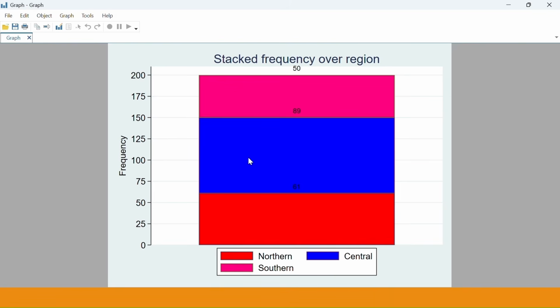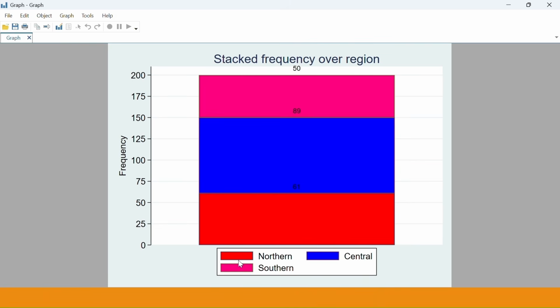You see, so that's what's happening. So the stack frequency over region, and then we have these ones, the counts and the frequencies. These ones are put horizontal, and the legend comes automatically. When you say stack, automatically the legend comes, but the legend usually comes in 2 columns. So if you add so many here, they will be put into 2 columns, but you can change